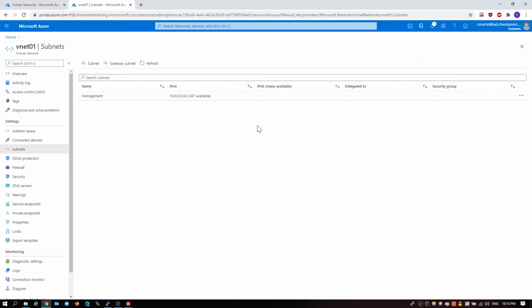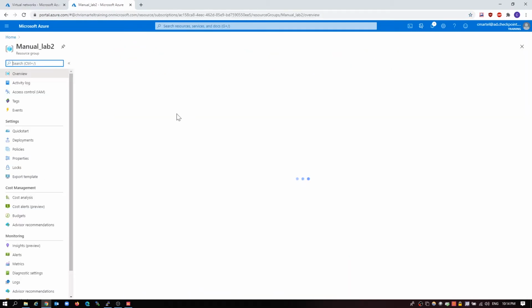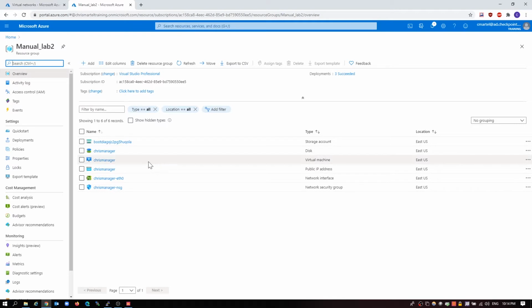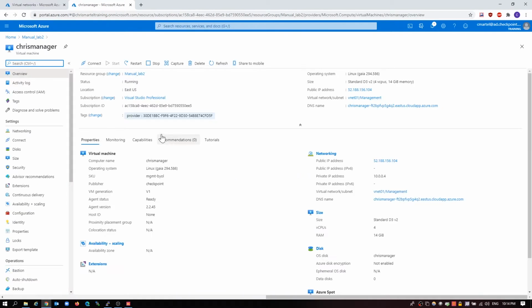We do have the management subnet, which is 10.0.0.0, and let's go ahead and take a look at what we'll be doing. So I have manual_lab 2, and I do have another resource group here, management_new. But let's go ahead and take a look at the old management here. So on this one, we have Chris Manager, which is the name of my management virtual machine,